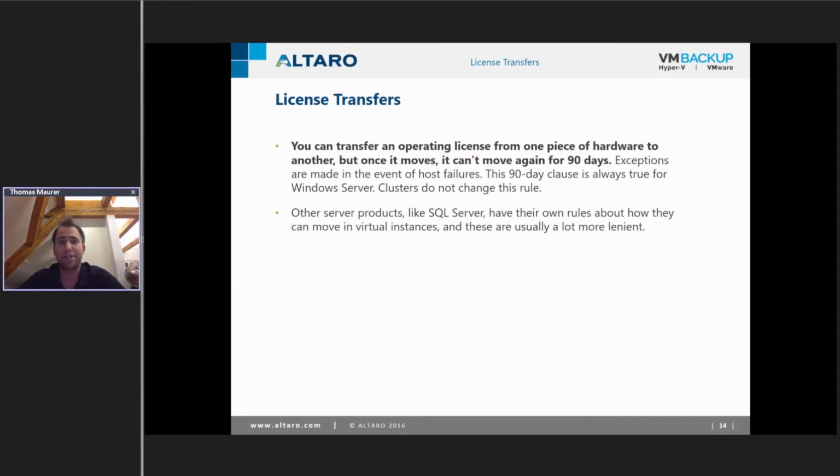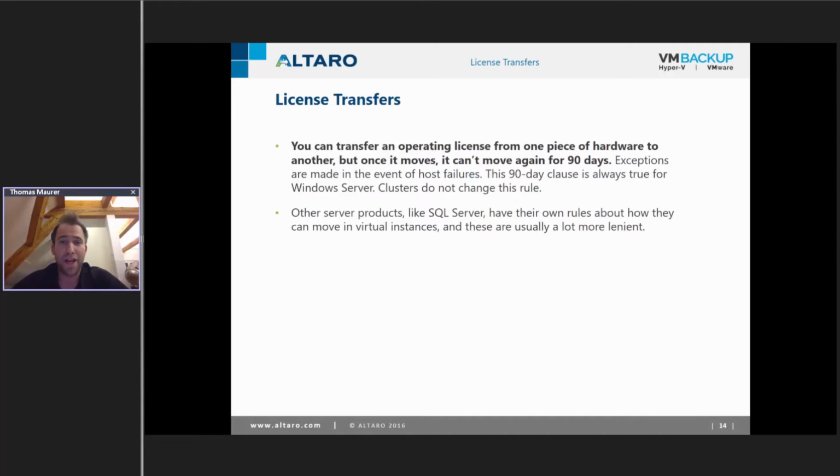One of the things is the licensing transfer. If you get a Windows Server license, you assign that basically to a physical box. That's always the case. You can, though, move the license to another physical box.